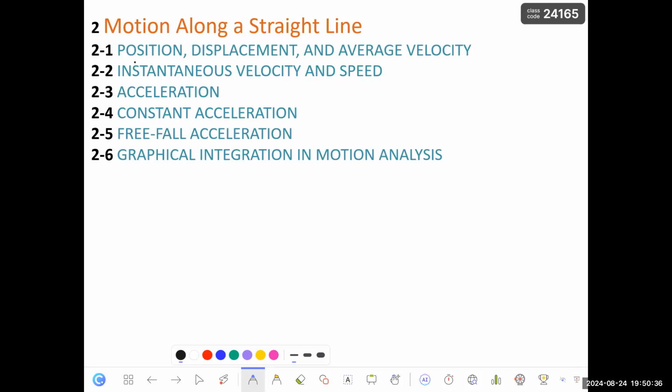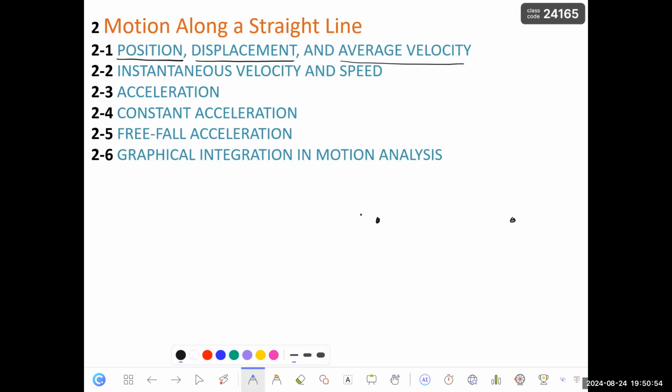So we're going to be talking about position, displacement, and average velocity. So what is the position? I told you, the position is where you're located. The displacement is how much you move in a straight line. What is the average velocity? Average velocity means